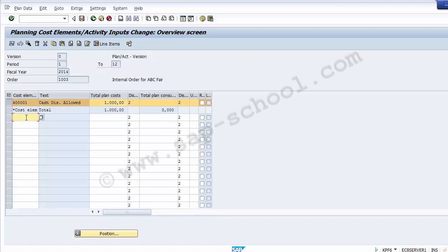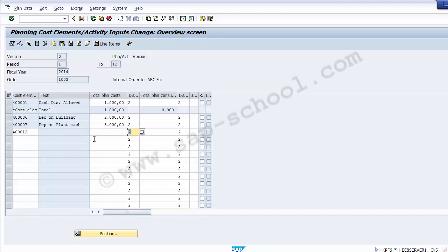Now for others also we can define, like 400006, 400007. I have decided over here for $2000 of planning. In this I have decided for $3000 of planning. Those things you can plan further. Now you can see that 400006 refers to depreciation on building, 400007 refers to depreciation on plant and machinery. Similarly, you can move on to 400012,